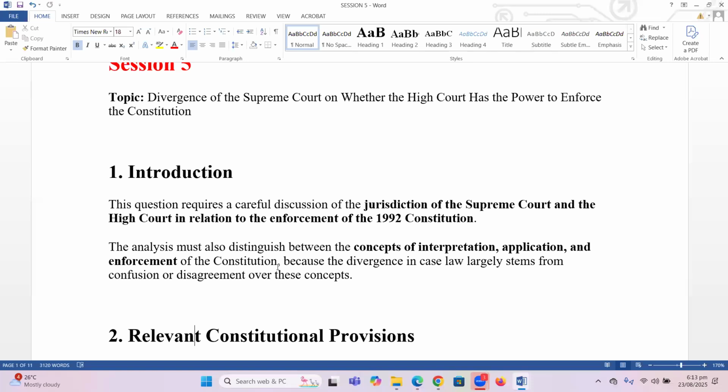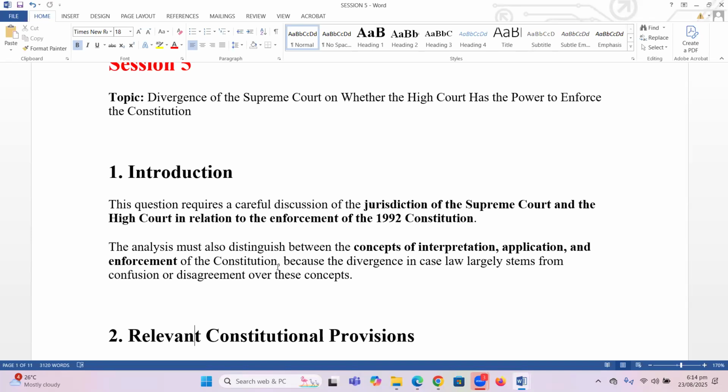In other words, when you say that you are interpreting the Constitution, is it significantly different from enforcing the Constitution or applying provisions of the Constitution? Now, that needs to be put in a proper perspective, because as we know very well, if we look at Article 33 of the Constitution, it says inter alia